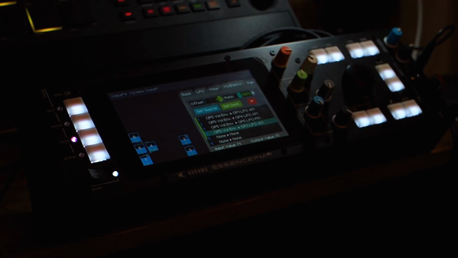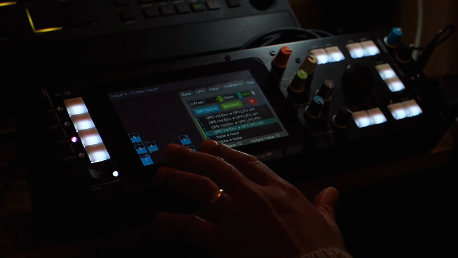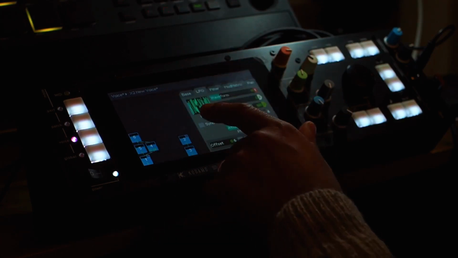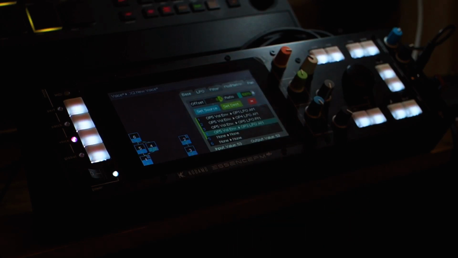Okay, so we've used 4 mod slots, getting a bit of noise into the operator sounds here. We've got 2 mod slots left. Now we've used the LFO as a noise shape, so